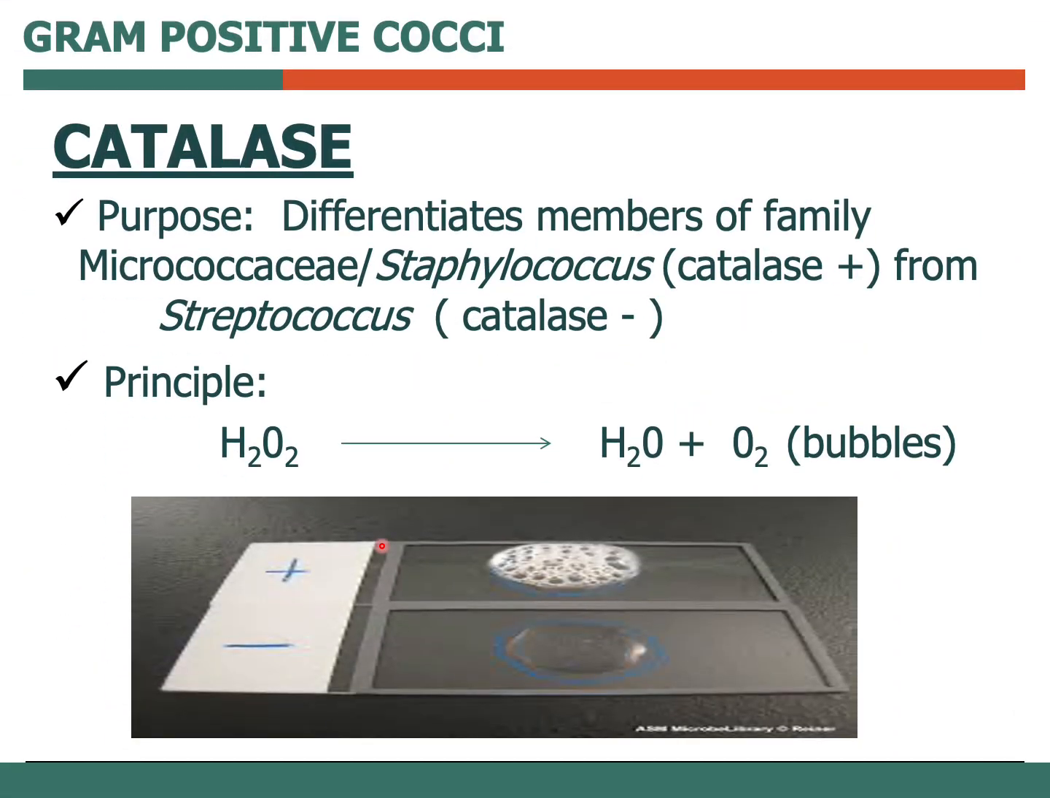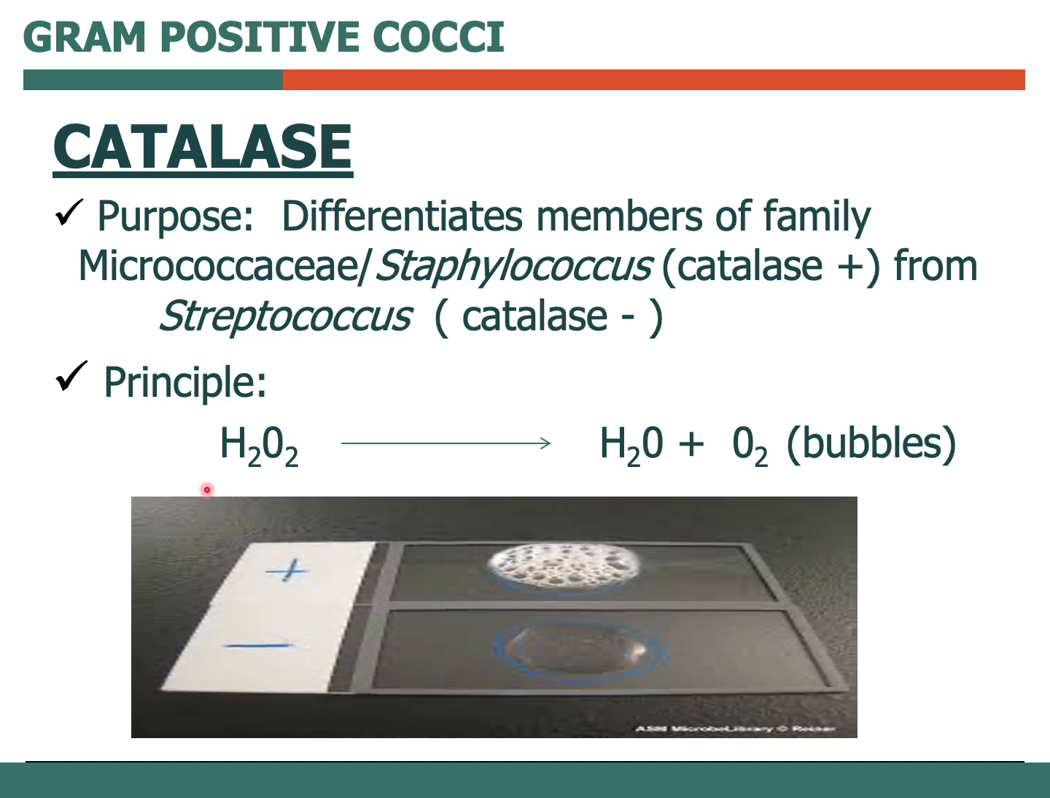Now, the catalase test. The catalase test is used to detect the presence of the catalase enzyme. You employ this test after doing gram staining. It differentiates the members of the family Micrococcaceae, or Staphylococcus, from Streptococcus. Remember, Staph is catalase positive while Streptococcus is catalase negative. So the principle behind it is